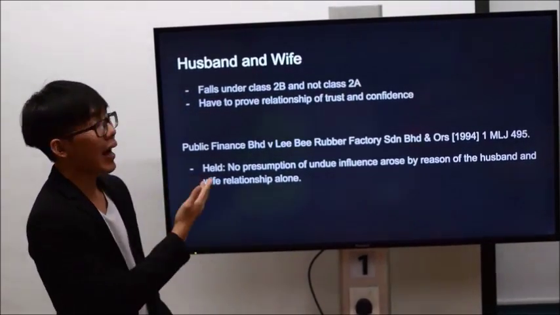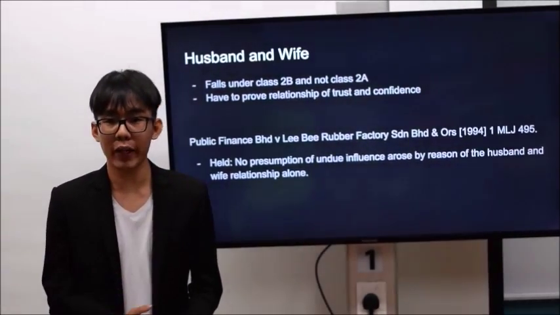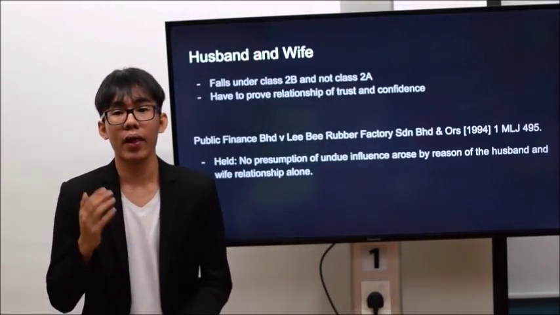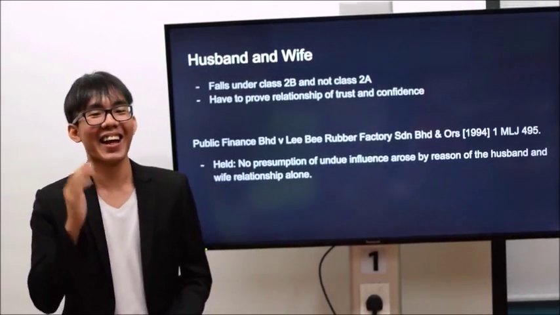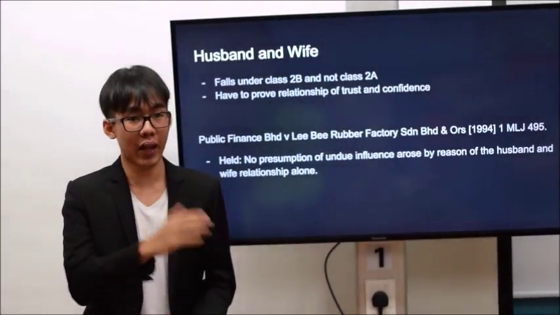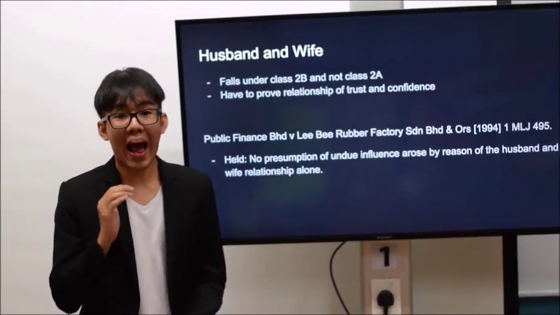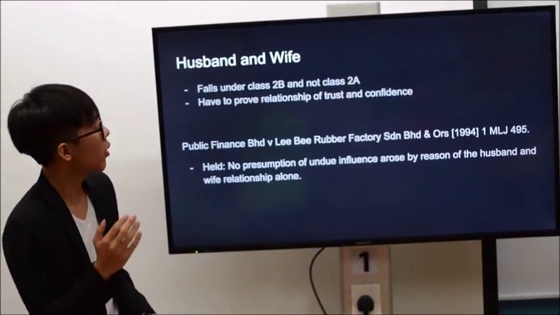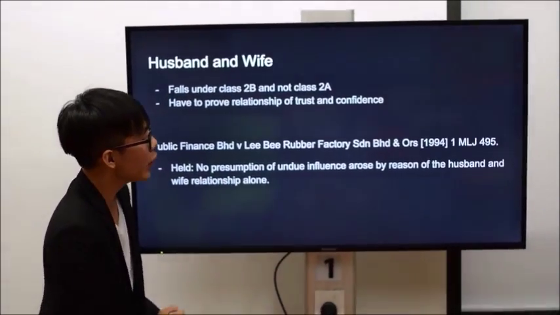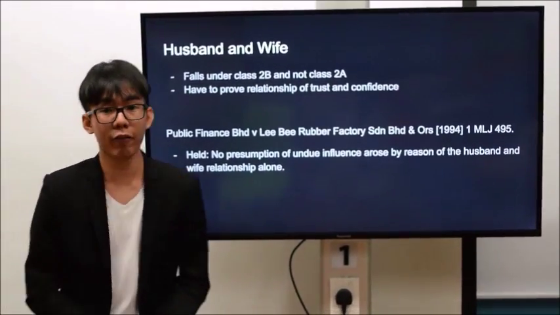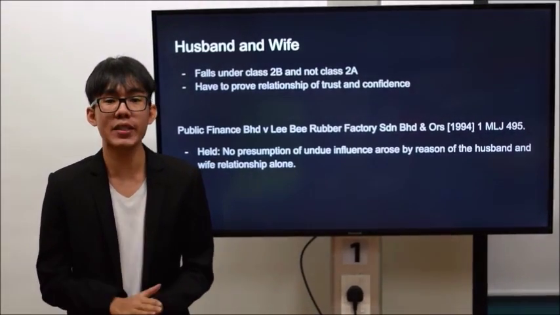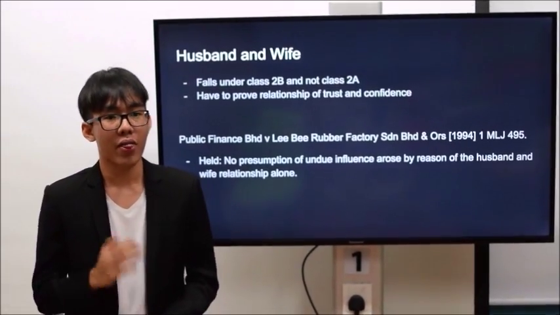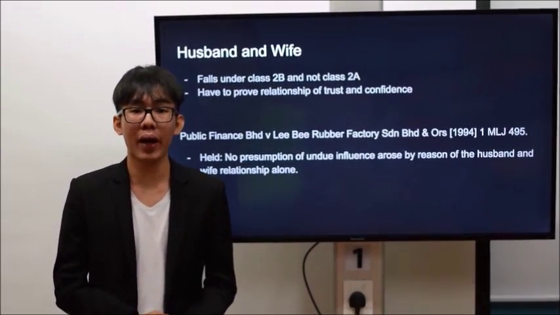However, in the case of husband and wife, the courts in both English and Malaysian cases have been reluctant to place it under Class 2A, but put it under Class 2B. Therefore, for every case involving husband and wife, the spouse will have to prove a relationship under Class 2B. This is recognized in the case of Public Finance Berhad and Lee Rubber Factory Sdn Berhad in 1994, which held that no presumption of undue influence arose by reason of the husband and wife relationship alone. Therefore, in order to establish presumed undue influence